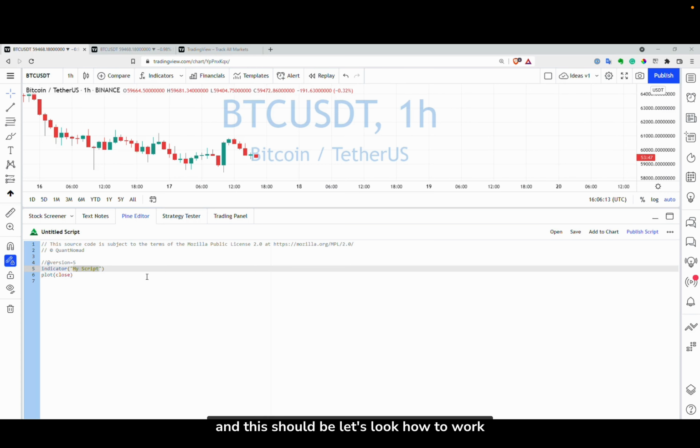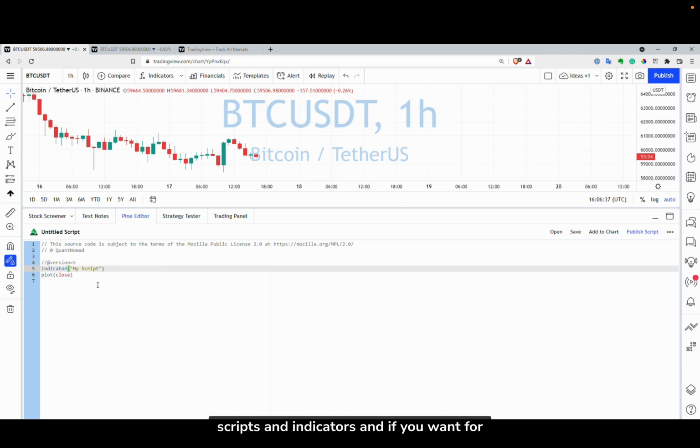In this video, let's look at how to work with PineScript libraries. So first of all, what are libraries? You can think of libraries as just a set of functions you use all the time in many scripts. This way you can join multiple functions and use them without copying their code to your